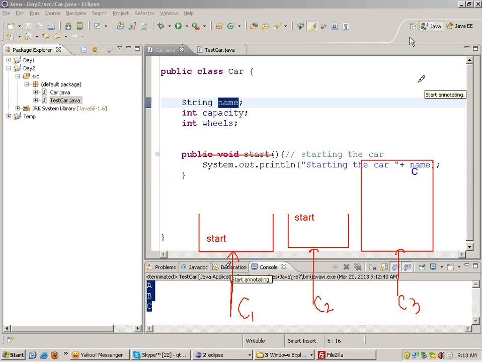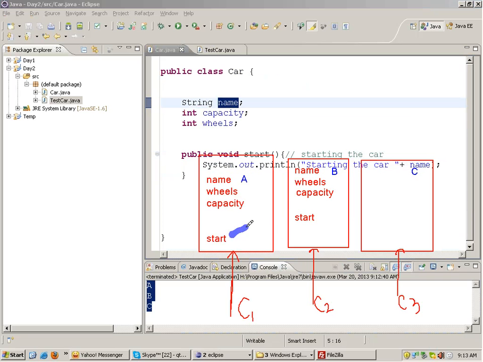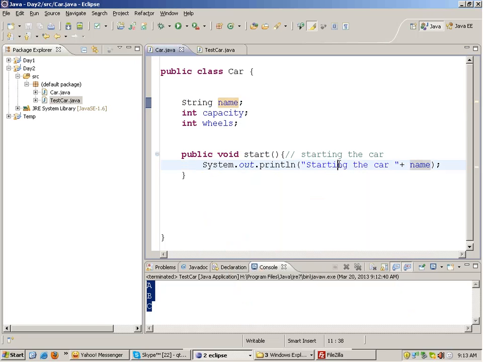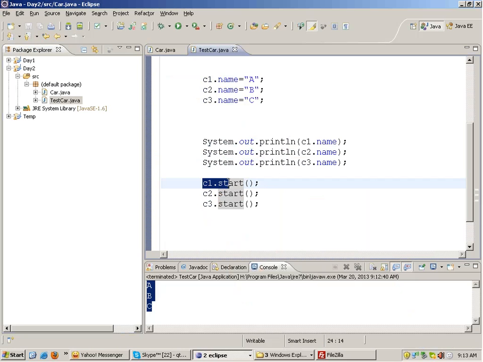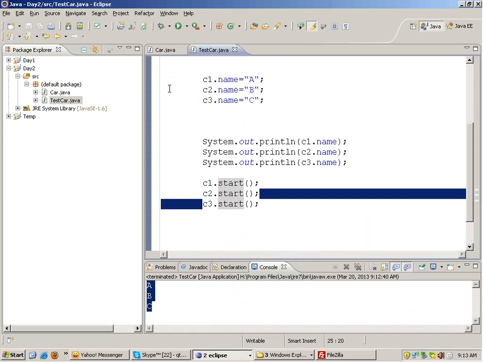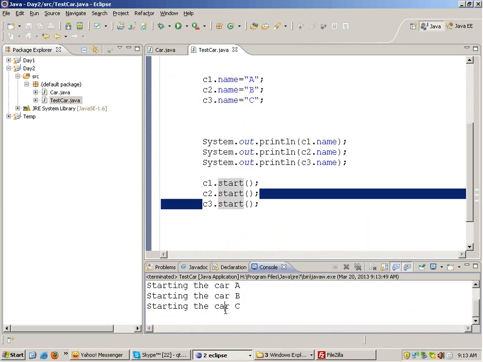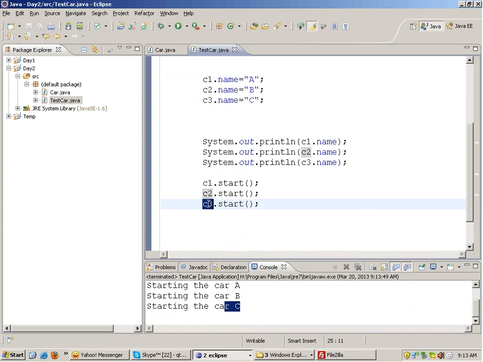If you look at the diagram, if c1 is calling its start function, then the name of c1 will be printed in the start function. If c2 calls the start function, then name of c2 will be printed, and similarly c3. It is printing starting the car, the name of the car. So out here I am writing c1.start, c2.start, c3.start. If you run this, it prints starting the car A, B and C. So it's very important to know which object reference is calling the function,